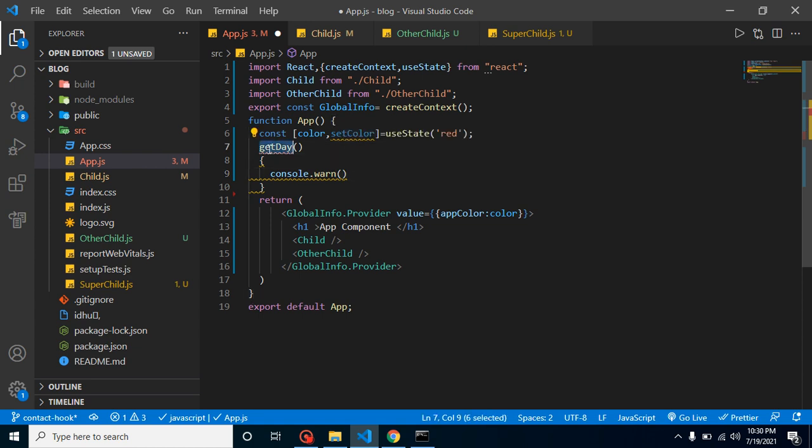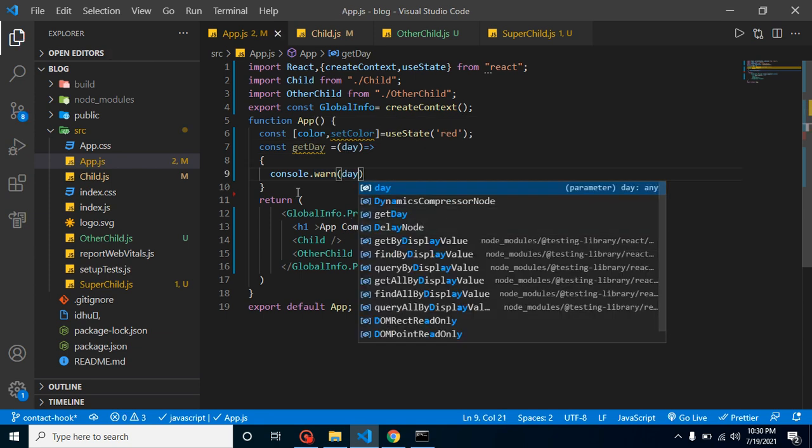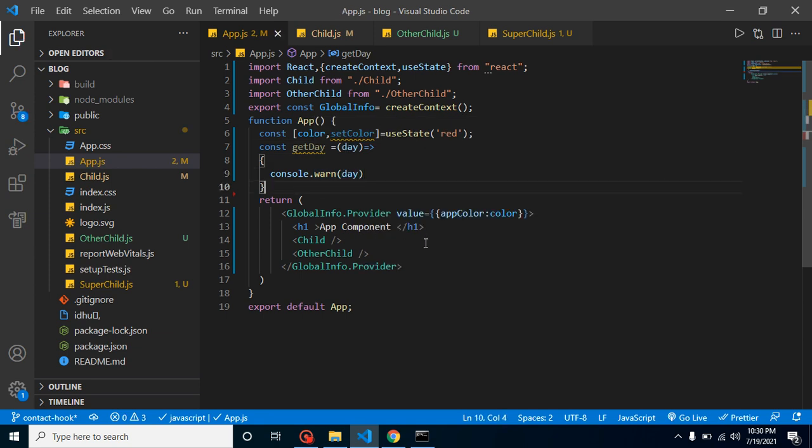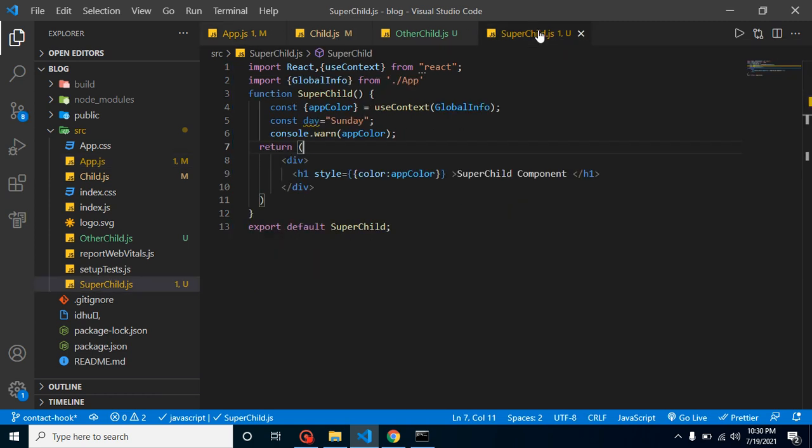And let me make a const here with a parameter, let's say item or day, whatever parameter name you want, day, right? Now let's pass this day in our value, and you can put the same name also, and if you want to change this name, it's totally up to you. We don't need to pass it to child and other child. We want to call it from super child, so directly go there and import it like this.